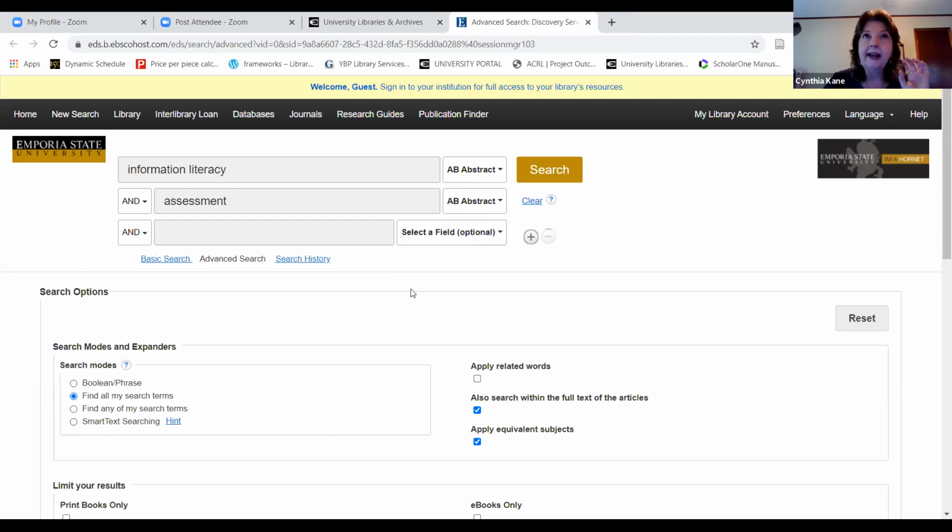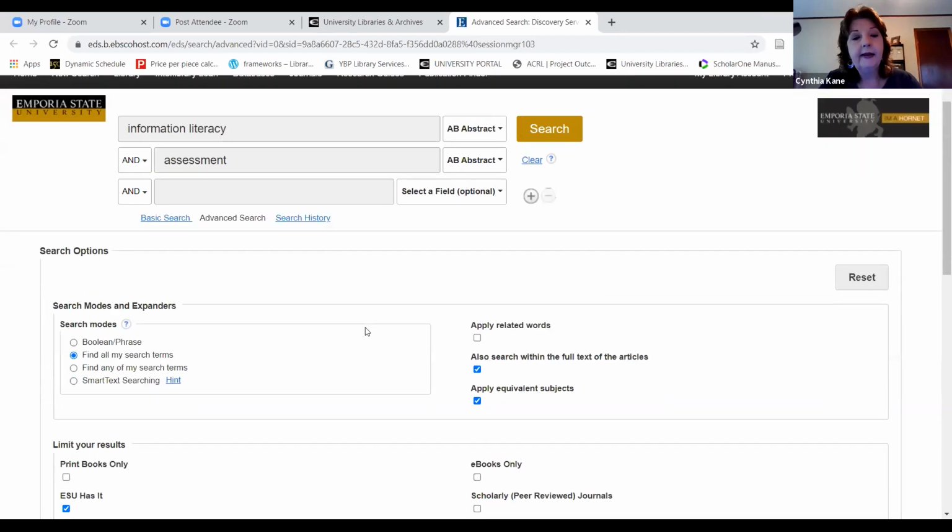If you're ever in a database or a resource in which you find you're getting a ton of records or a ton of results, but they don't seem to be that focused on your topic, the chances are very good that you are doing a keyword search in the complete record of a database. And if the full text of articles happen to be in that particular database, it's also searching the full text. You can get a lot of results that way, but they may not be as relevant to your information need. You can always go back and change your search. Down here